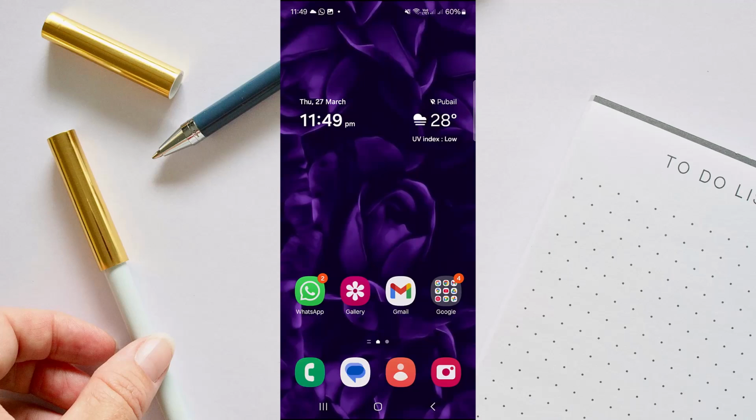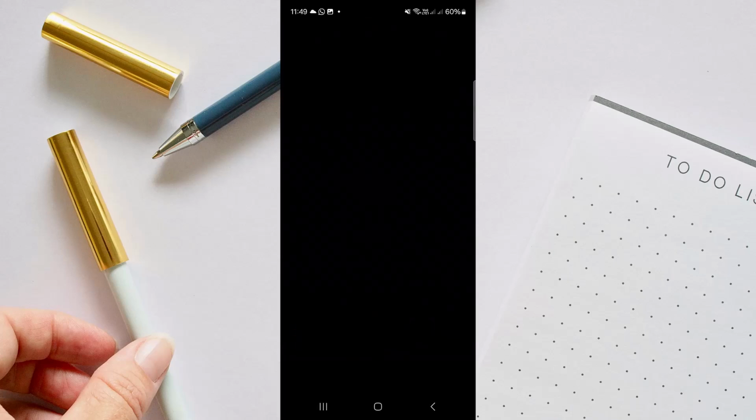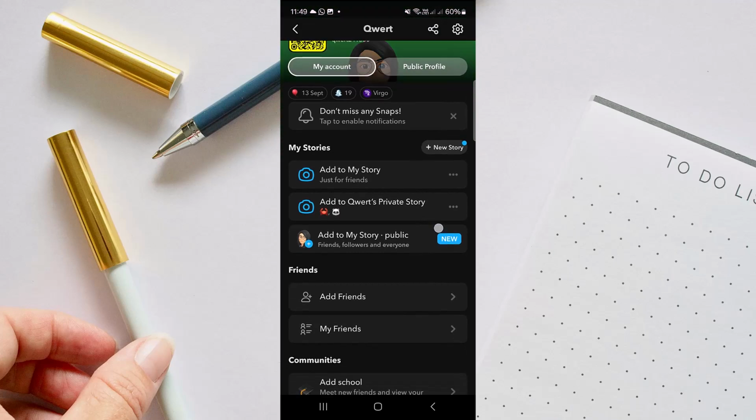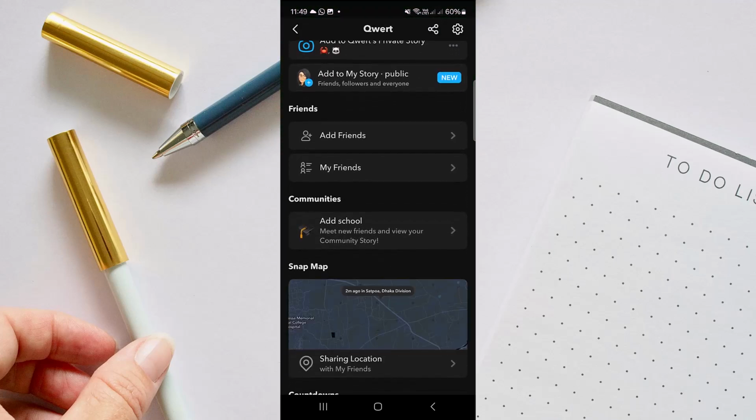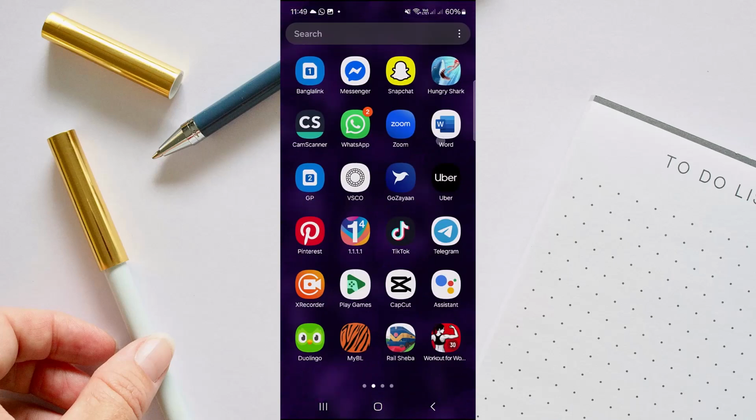In today's video, you are going to see how to turn off Snapchat notifications. So how you can do that, let's head over to our Snapchat application. Once you're there, make sure you have logged into your desired account and then head over to your Bitmoji. And here you'll find the option of notification. If you can't find it in here, what you can do is just go back, head over to your